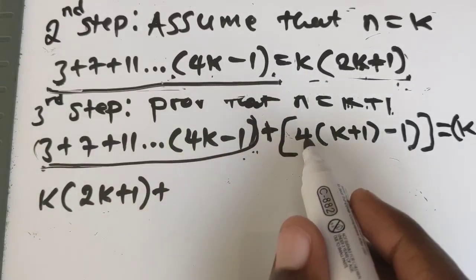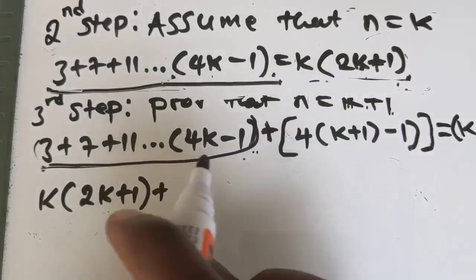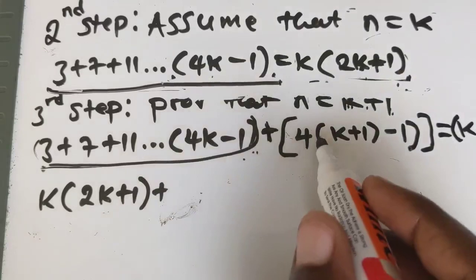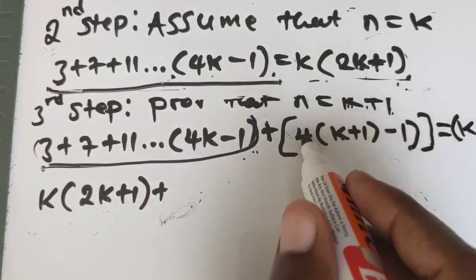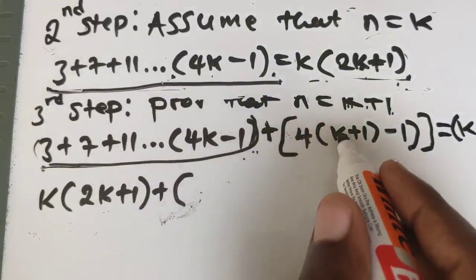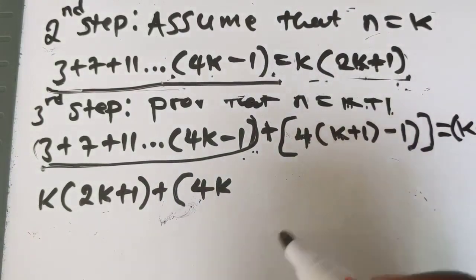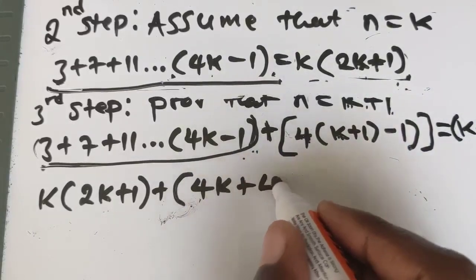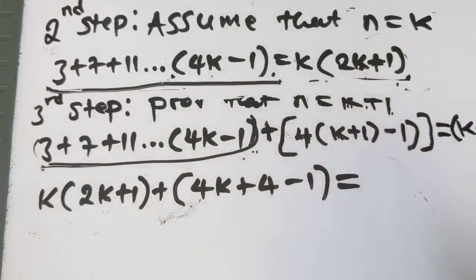So what follows is what? Plus 4. Okay, so plus what? Plus 4. So we can actually multiply 4 by everything. Okay, we can multiply 4 by everything. So say 4 times k, that is 4k. Then 4 times 1, that is what? That is 4. Then here there is what? There is minus 1 is equal to, like that,